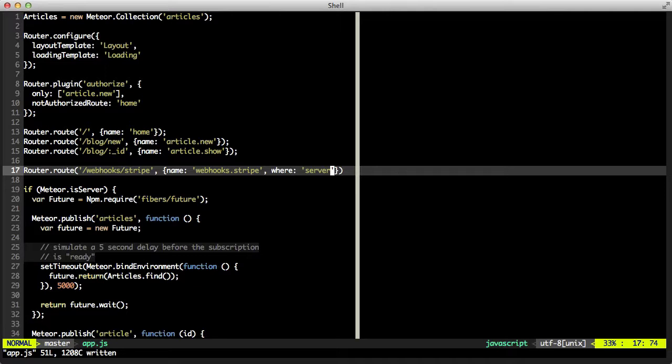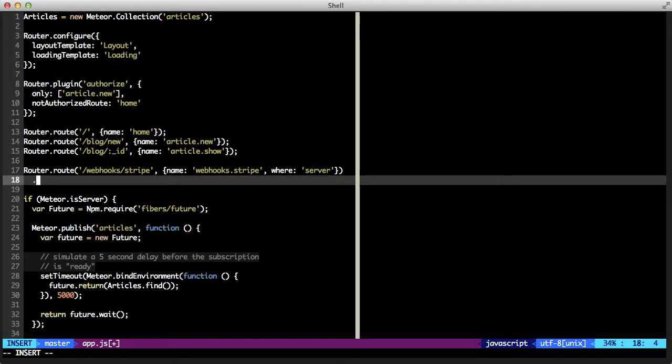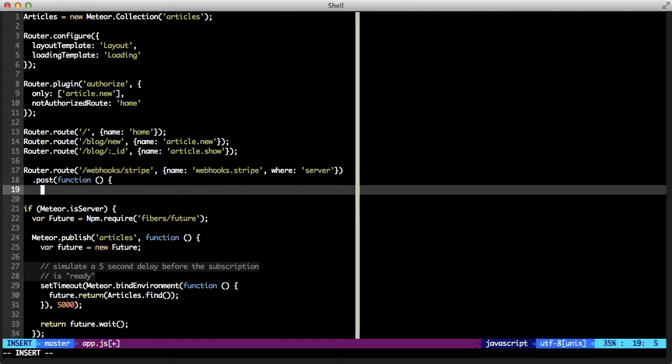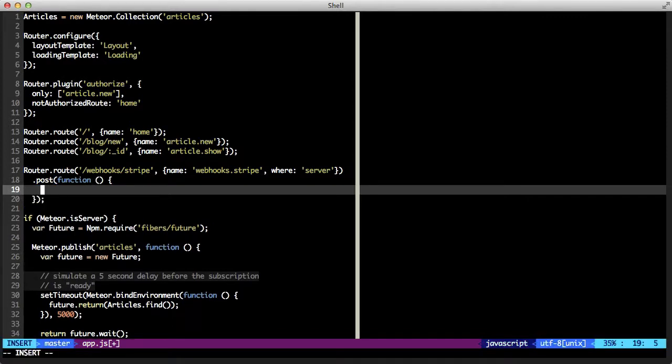Now, by default, this will set up a route for a GET request, and it will look for a route controller named webhook Stripe that we'll create in a second. Iron Router now supports RESTful routes, and so if we wanted to, we can define a route for the post request. And so I could say that for a post request, I want to go into this function,